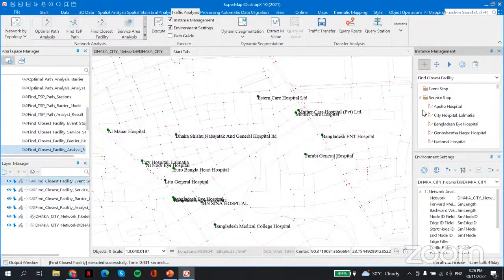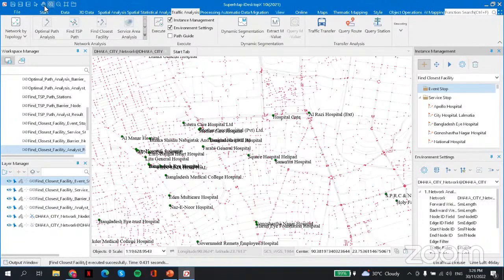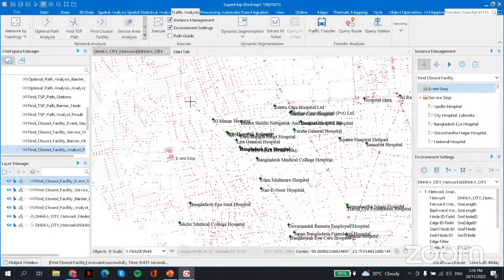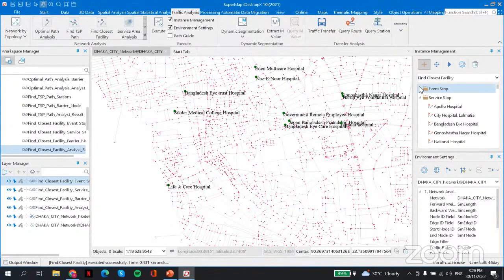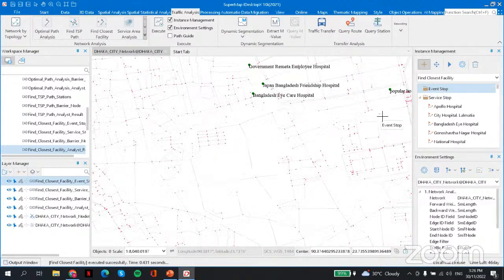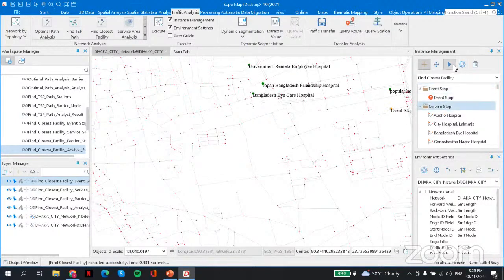So you can remove it, or if you want it to be in some other areas, like in these areas, you can just click event stop and click here with the mouse.